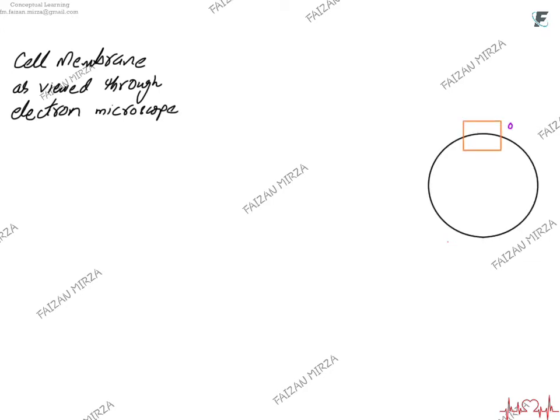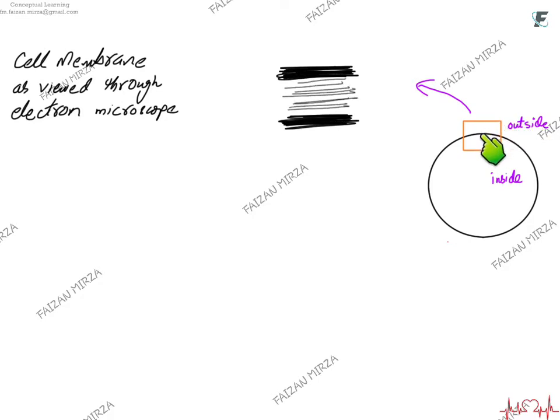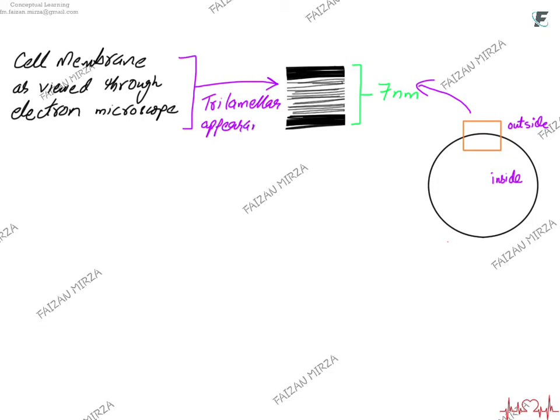The cell membrane, when viewed at very high magnification in an electron microscope, gives a trilamellar appearance. For example, if this is the inside of the cell and this is the outside of the cell, and you magnify this part, this is how it looks. A trilamellar appearance whose width is about 7 nanometers. Trilamellar appearance means that there are 2 darkly shaded structures which sandwich a lighter shaded region